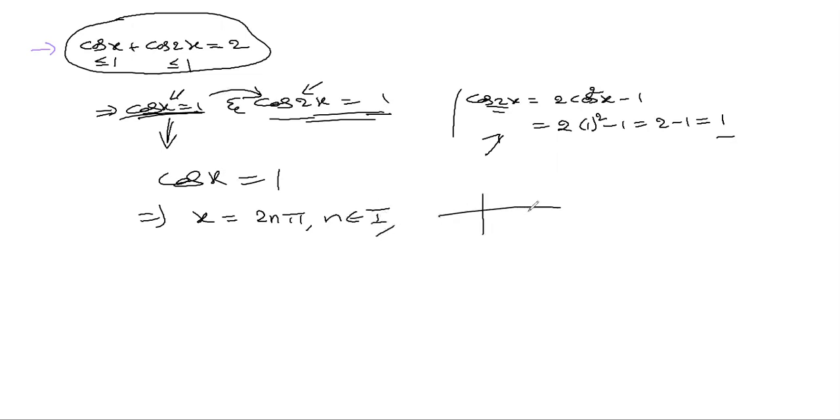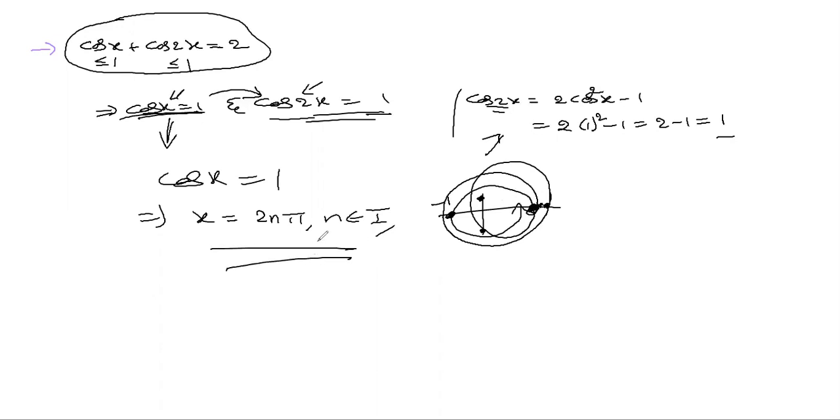You can see at this place cos becomes 1. Here cos is negative 1. Here cos is 0. Here also cos is 0. Here it is 1. Here it is negative 1. So this place is nothing but even multiples of 180: 0, 2 pi, 4 pi, 6 pi, like that. I think it is very clear for you. This is the final answer. It is the general solution of the given trigonometric equation, once revised.